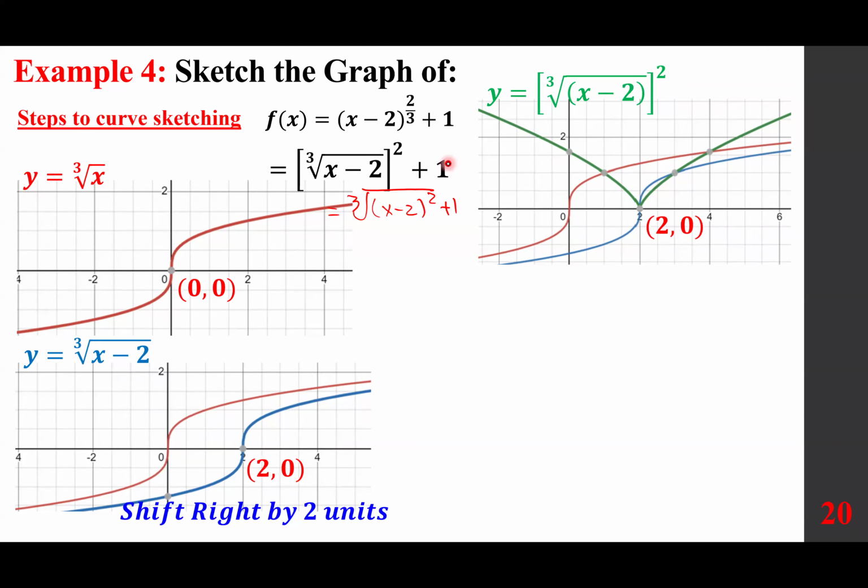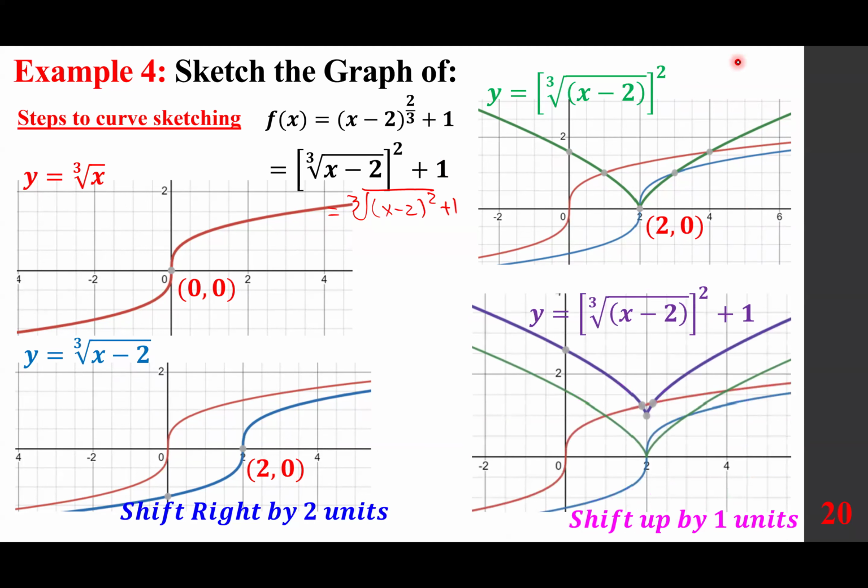Finally, we add 1, which means this green one shifts up by 1 unit. And therefore, 2, 0 now has coordinates 2, 1. Very straightforward. In other words, you could see how it's done using pre-calculus. But let's make it precise and go with